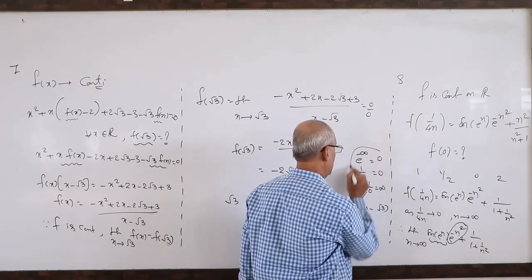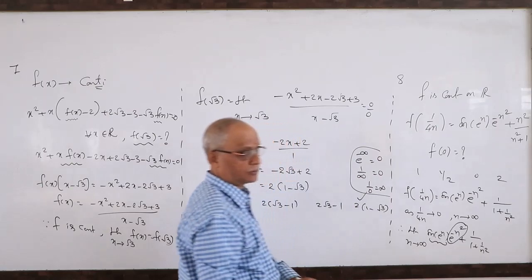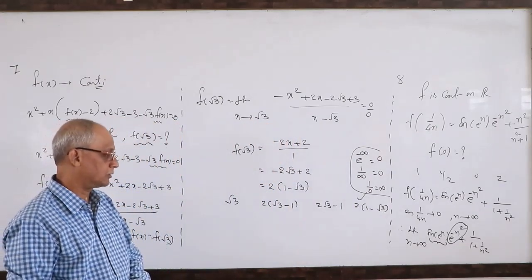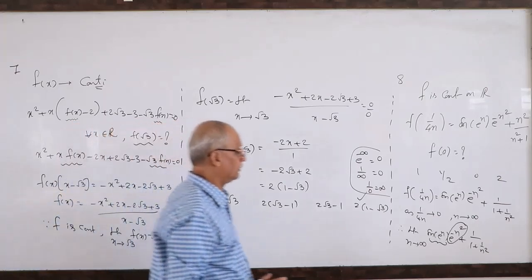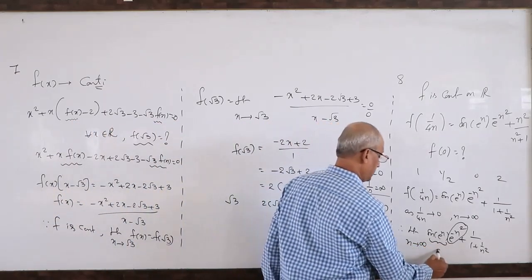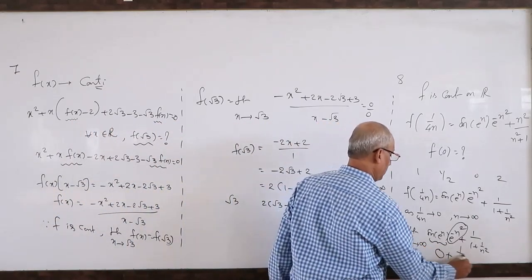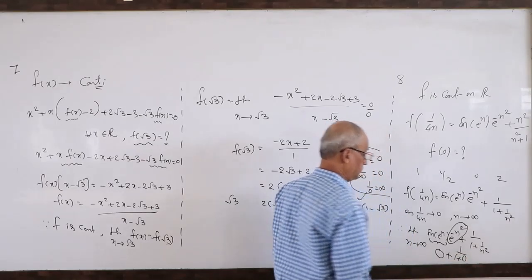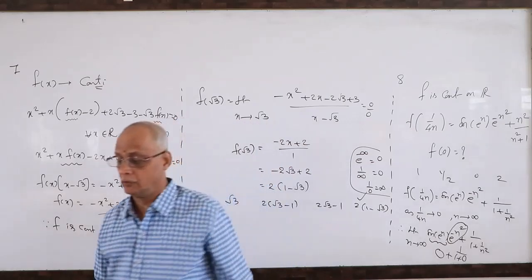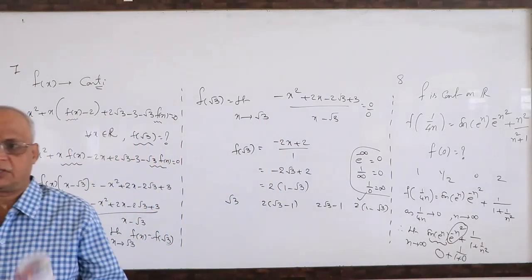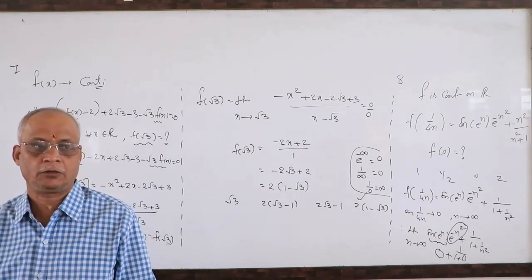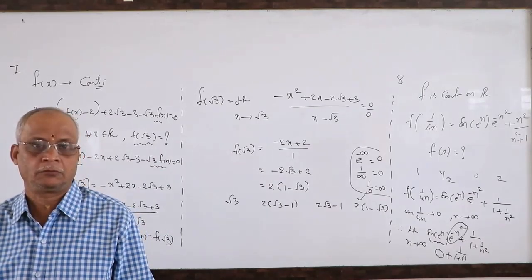These basics we gave many times in the first year or at the beginning only. So many times we got these things. That means finally 0 into finite number is 0, 1 by 1 plus 0. Okay. So where is the answer? First option. Very good.